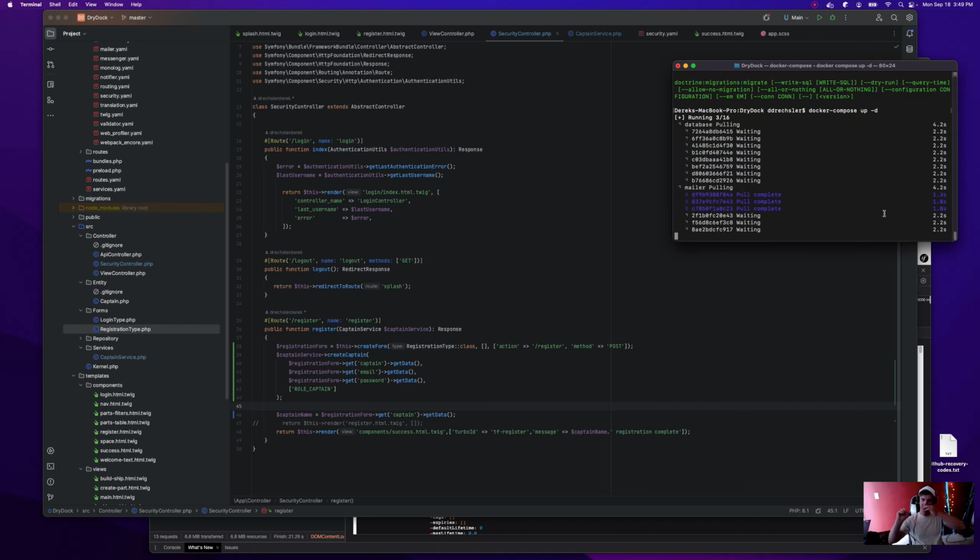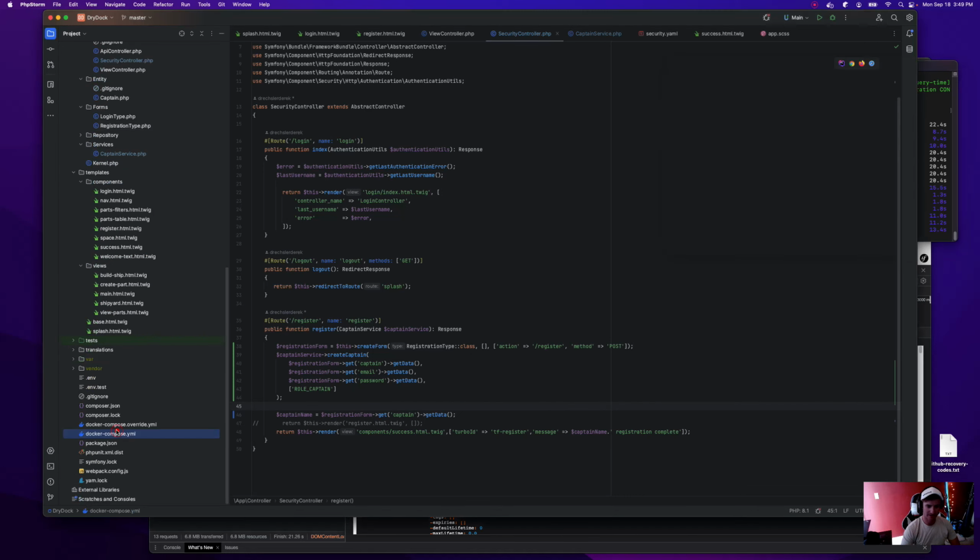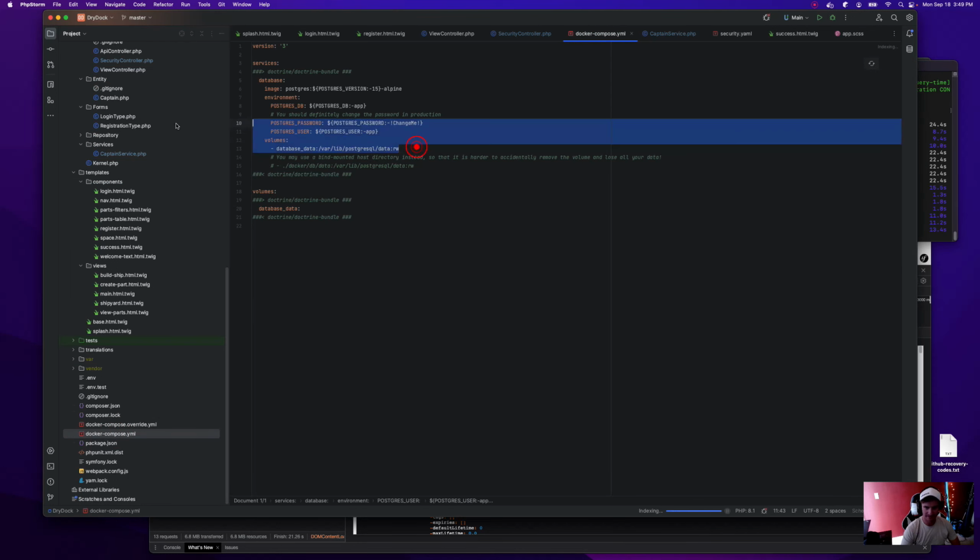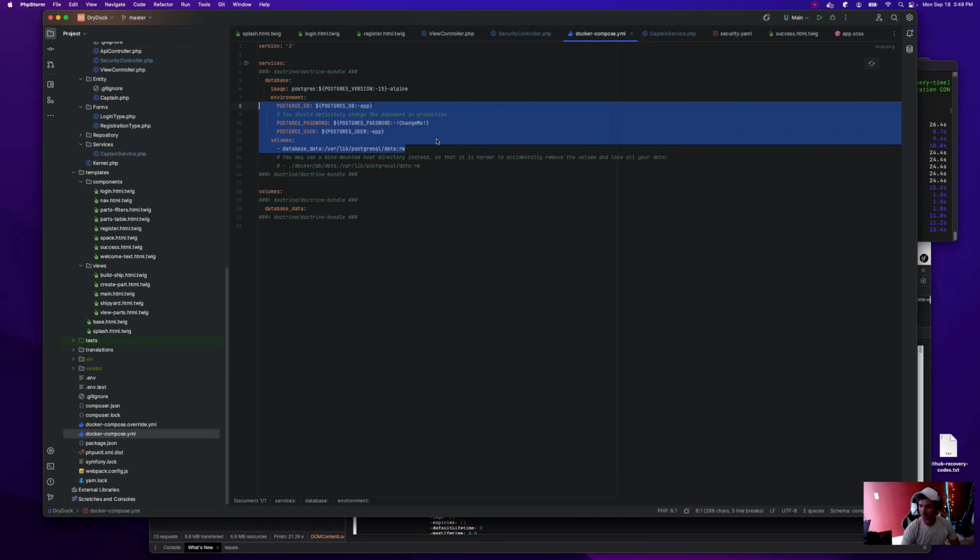Not going to totally go into Docker and Doctrine database setup. I'm just using the change me password that comes with it. This is going to be way different in production. It's just a basic database setup, not secured, just a basic Docker compose out of the box thing. We're not worried about database ops or DevOps with this.